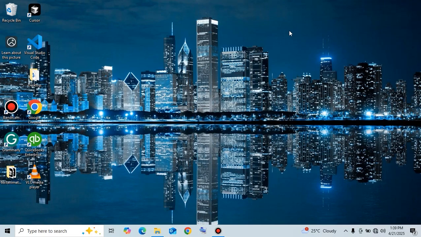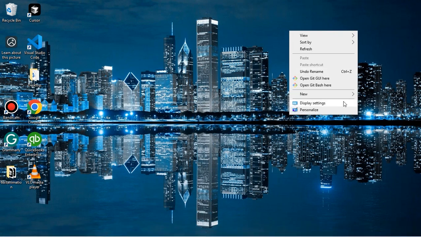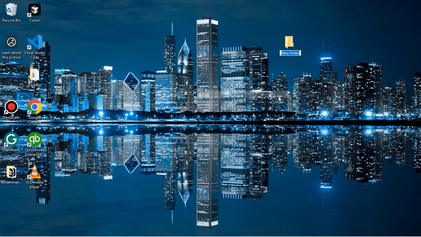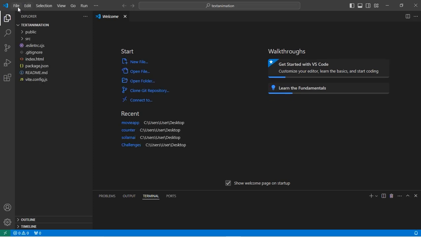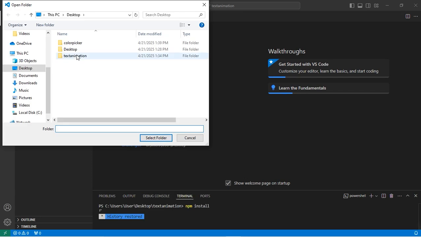Like the normal drill, I'm going to create a new folder and name it color picker, the name of our application that we want to create in React. After that, I'm going to open Visual Studio Code, then navigate to the folder, color picker. After selection,